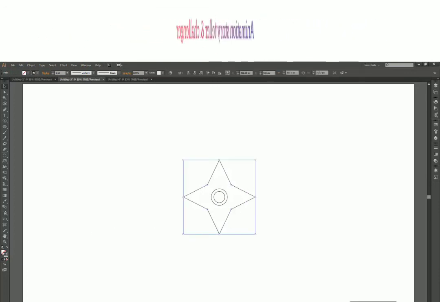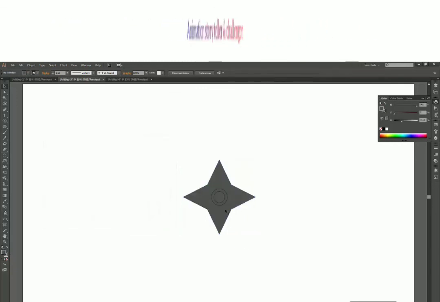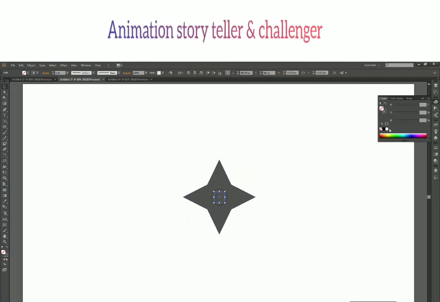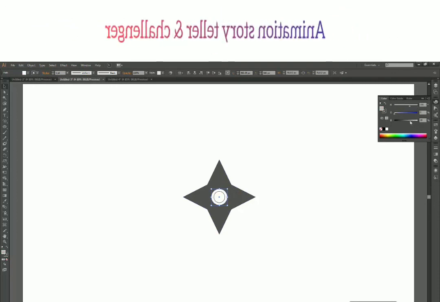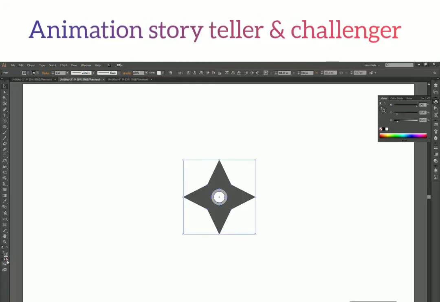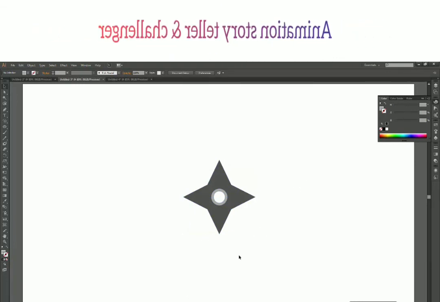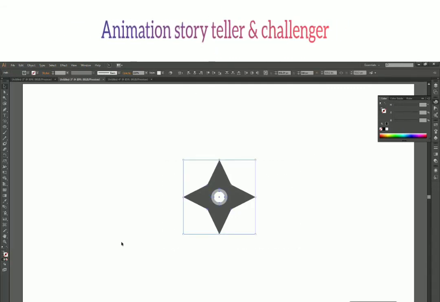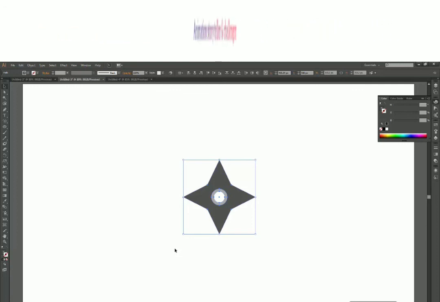Now if you go ahead and fill some color into this, like a little bit of gray, and in this circle you can fill white color, and this one a little light but still with a tint of gray. Okay, and finally you can remove the outlines to have a shuriken kind of thing created just by using the star and ellipse tools. So yeah, possibilities are infinite with these kinds of tools. All you need to do is experiment with these tools and see what you can create.